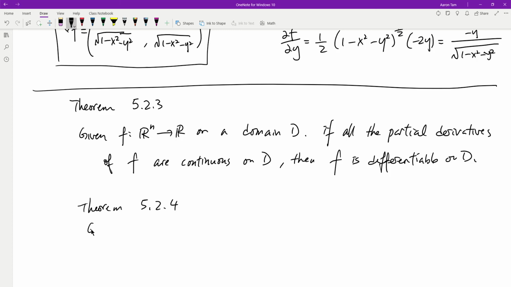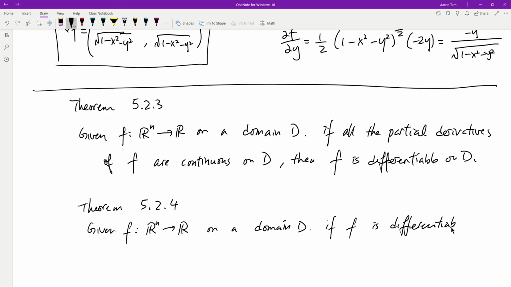Which states the following. Let's say once again we're given a function f that maps from Rn to R, and once again on a specific domain D. This is what we know. If f is differentiable on D, then f is continuous on D. So that's also another theorem that you probably remember learning back in BC Calculus also, which states something